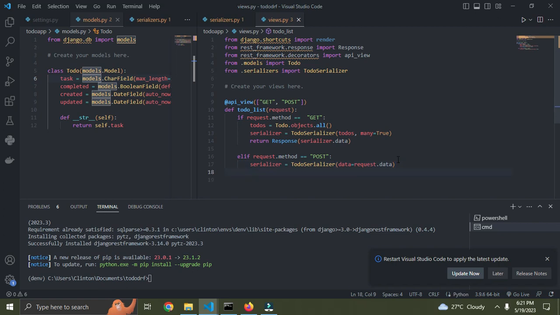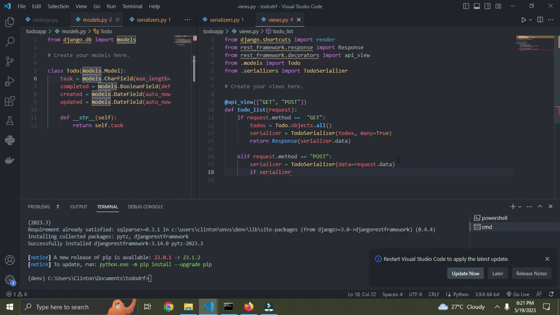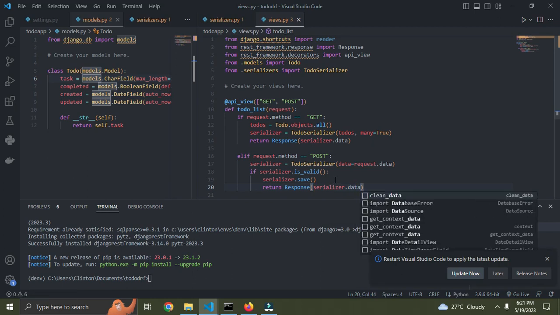So right here, I'm going to say if serializer is valid, we're going to check if serializer.is_valid. What we're going to do now is simply save our serializer, and once it is saved, we've created a new to-do. Then we're going to return a response. I'm going to say return Response, and we'll then say serializer.data,